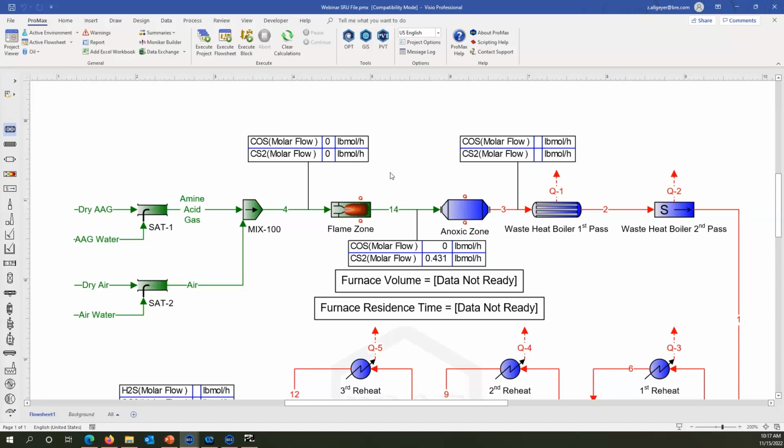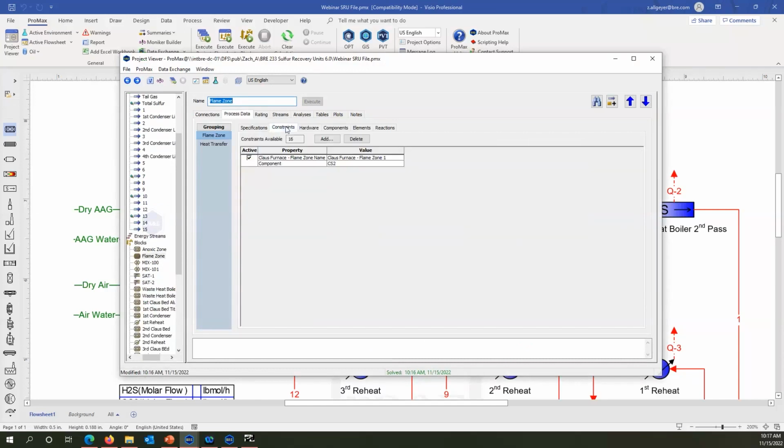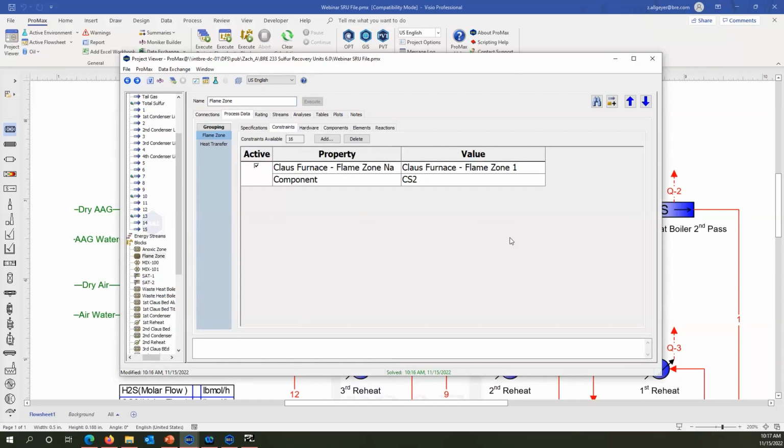We do assume overall that all of our hydrocarbons will go to completion except for one group, and let's talk about that real quick too. We go into the flame zone. We are going to look at the constraints. Under the constraints tab, this is where we take into consideration some of the kinetically limited components within the flame zone. So for our Claus furnace, we already have a kinetic limitation for the CS2, and we do get constraints from data from like ASRL and NSYNC, and that tells us, based on certain parameters,